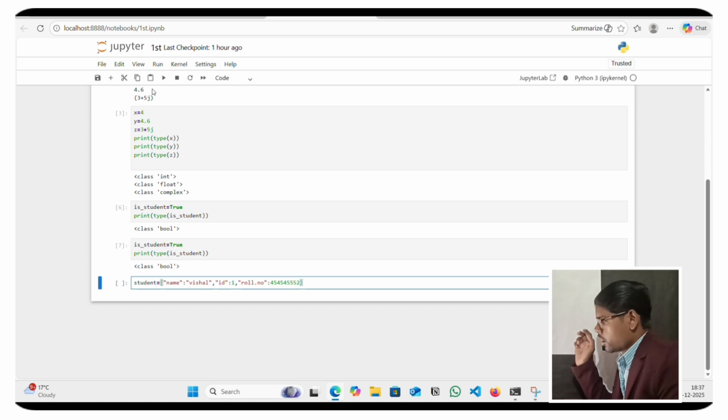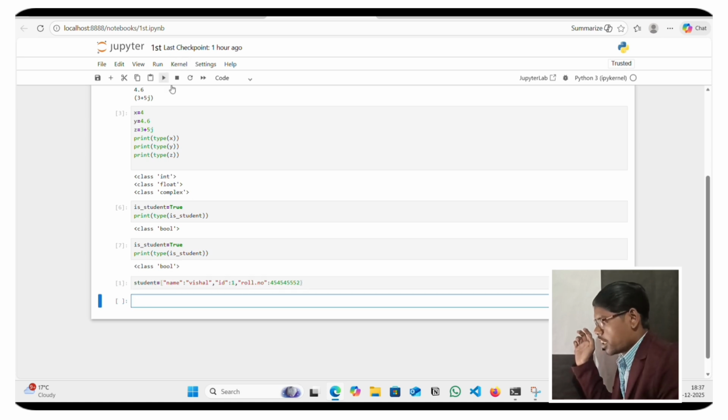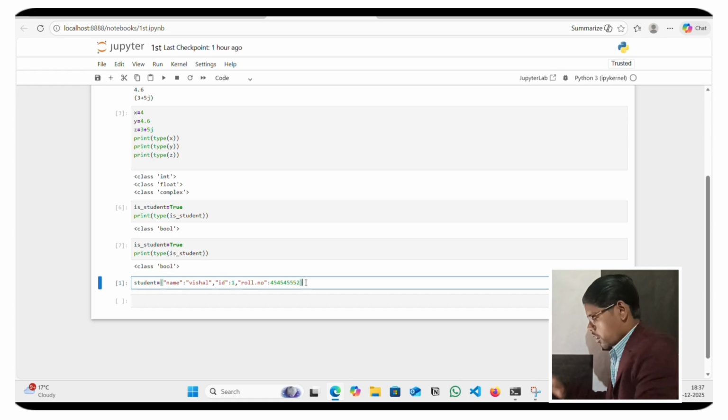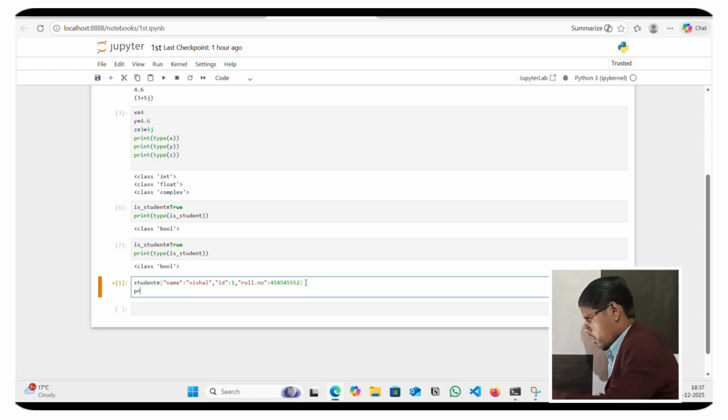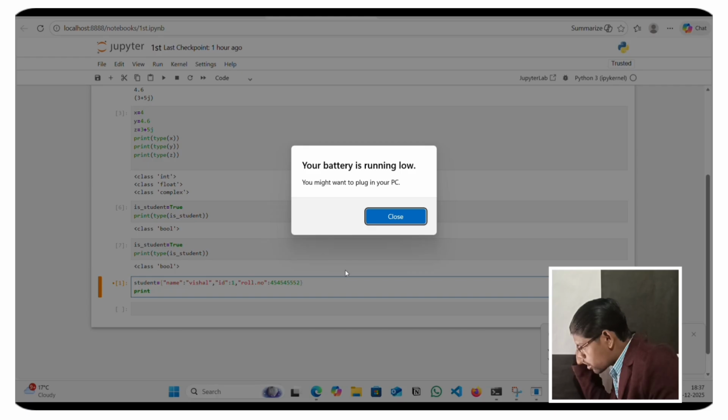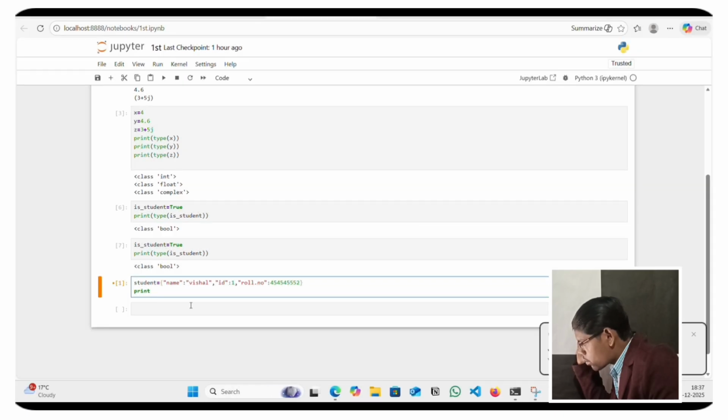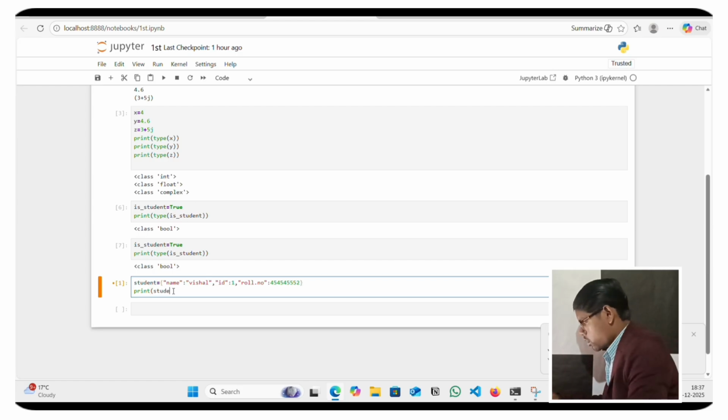Like this, student contains the name, id, and roll number, and I can print it.